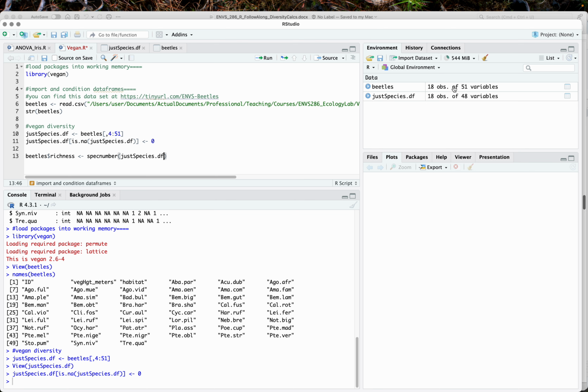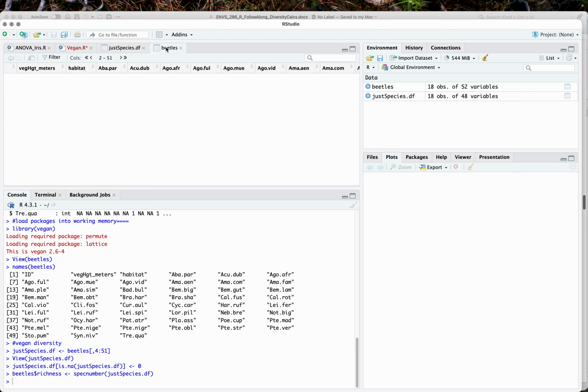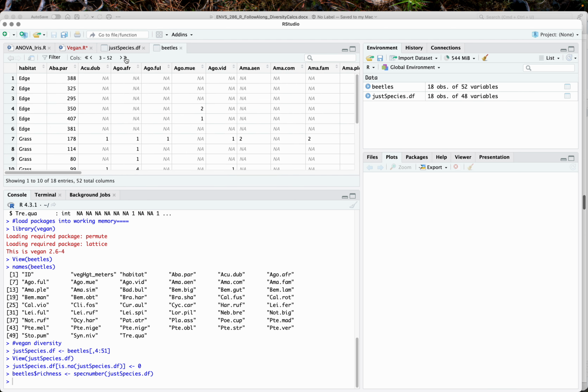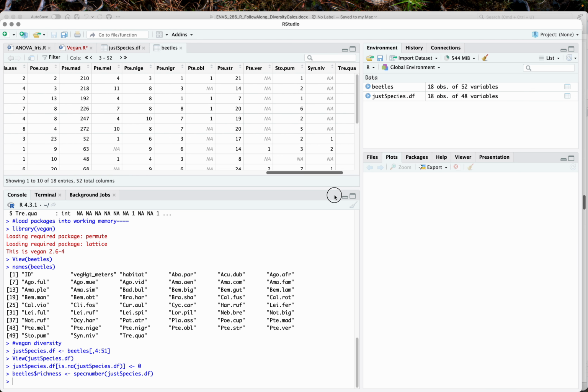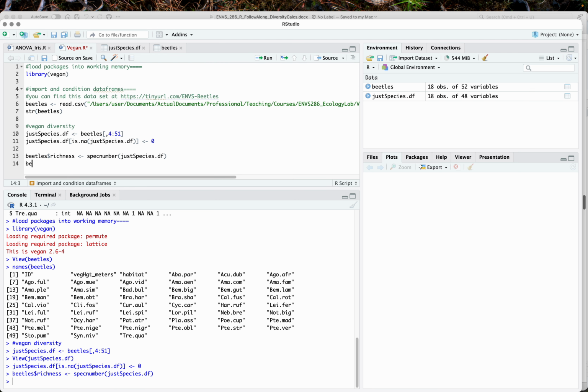And now watch. Beetles right now has 51 columns. When I hit run, if all goes well, it should jump to 52. And it did. And you can double check that it actually worked. Click the two arrows. And now we've got a richness column down here, which is fantastic. Let's do beetles